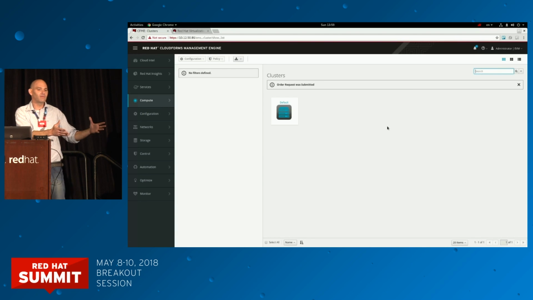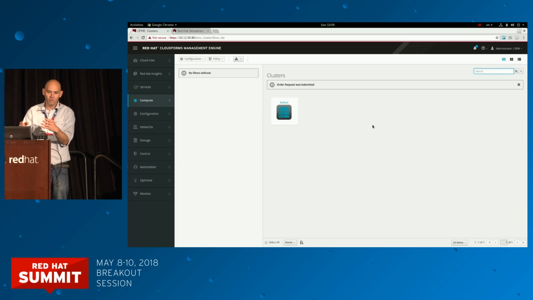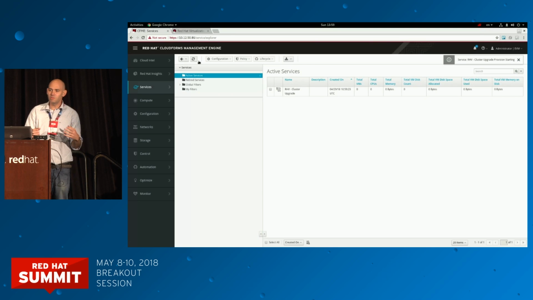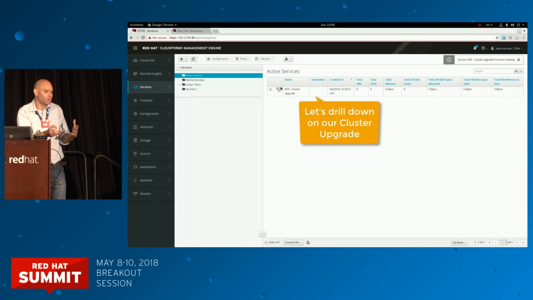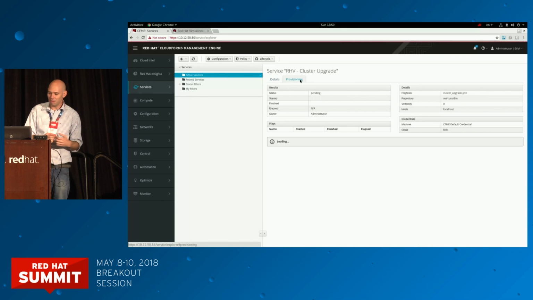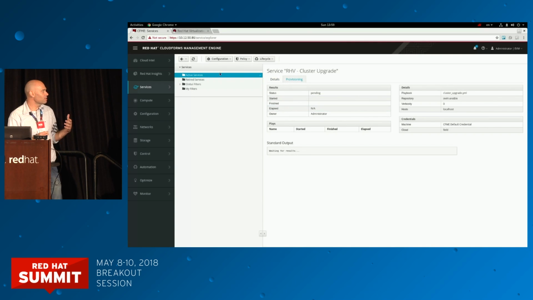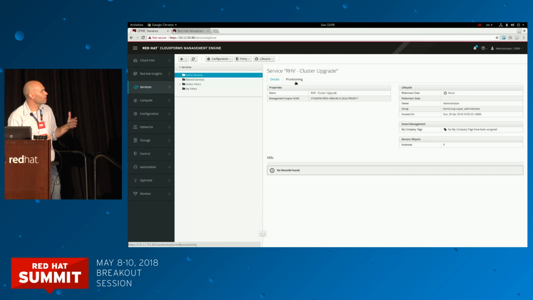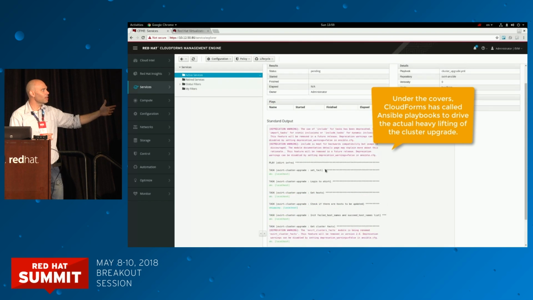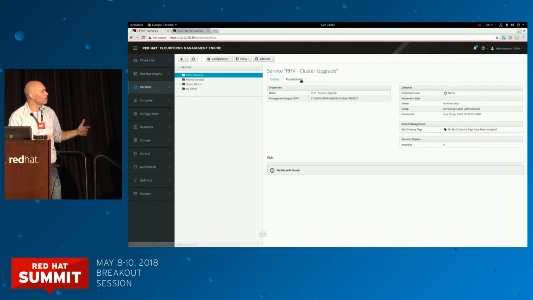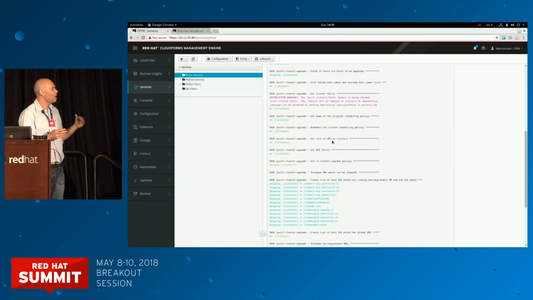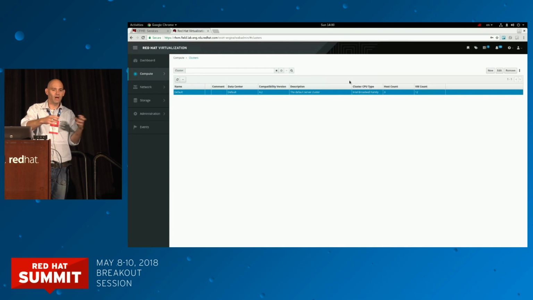So apart from the service catalog, you can actually add to the operational view custom buttons, which will operate Ansible playbooks or open up a service dialog that you can fill in. And here we simply see the operation and the provisioning monitoring using CloudForms and the STD output, as we saw before. And we can actually see the RHV side of things, how the host is evacuated from the